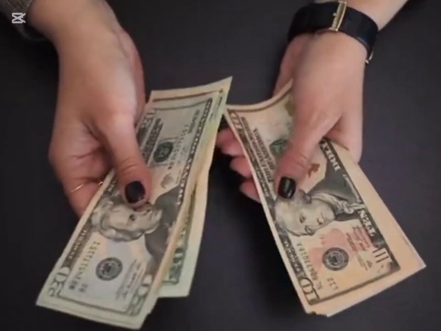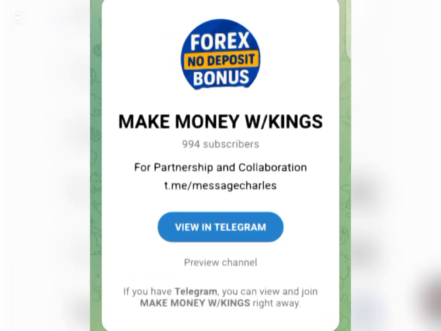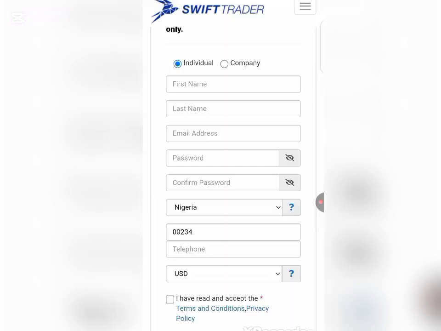So now, the first step you have to take is for you to join my Telegram channel. Once you join my Telegram channel, a link will be available for you there, the link for you to be able to get this free $50 no deposit bonus. Once you click on the link, you'll be redirected to this interface showing up right here on our screen. And this is where you have to pay full attention to what I'll be showing you in this video, because I'll be guiding you through step-by-step processes on how to get this free $50 no deposit bonus. And if you miss any step, I'm afraid you won't be able to get this bonus. So make sure you watch closely and pay full attention.